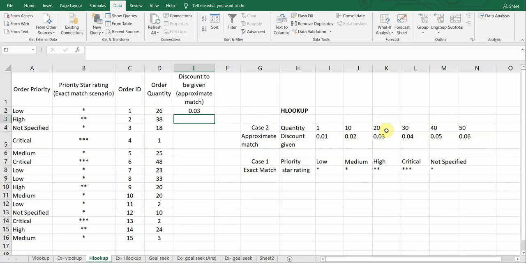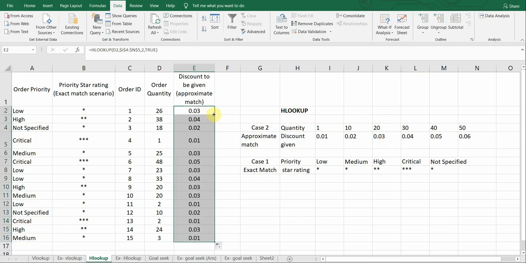So if you look into the lookup table array, you will see that 26 falls between 20 and 30. So here they have taken the order quantity 20 and given a discount of 0.03. Likewise, when you do it for all the other remaining cells, you can calculate the discount that needs to be given.